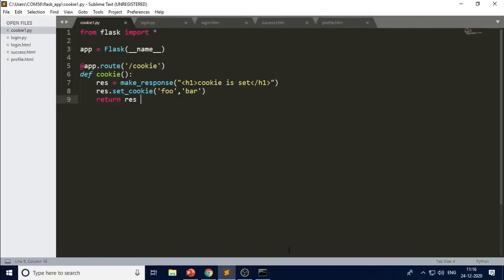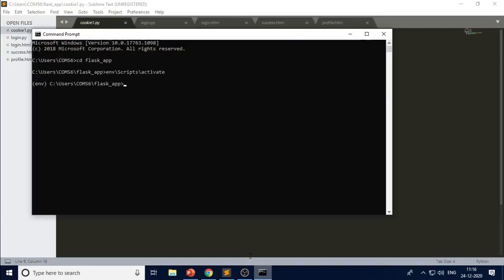How can we execute it? Go to the command prompt. We are already present in the Flask_app folder. So set FLASK_APP equal to the name of the Python script, cookie1.py, and run this one with flask run.